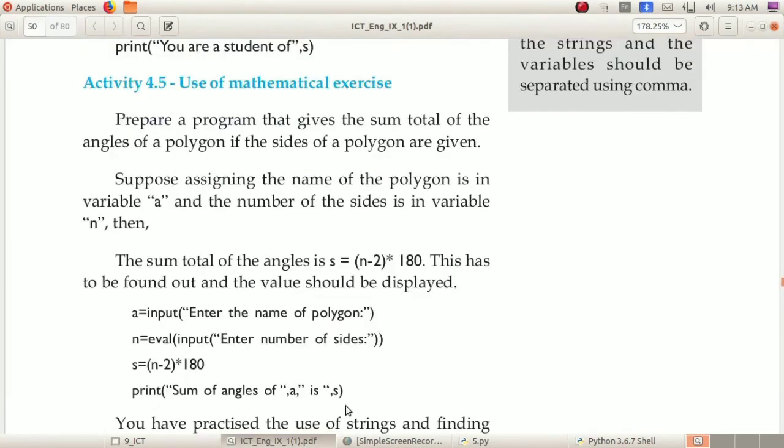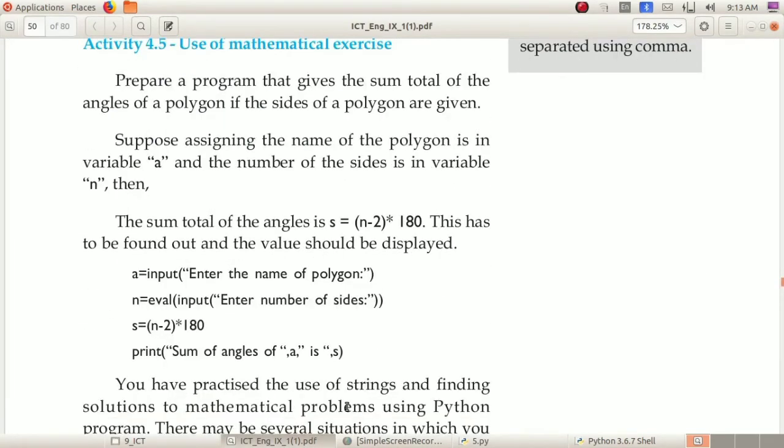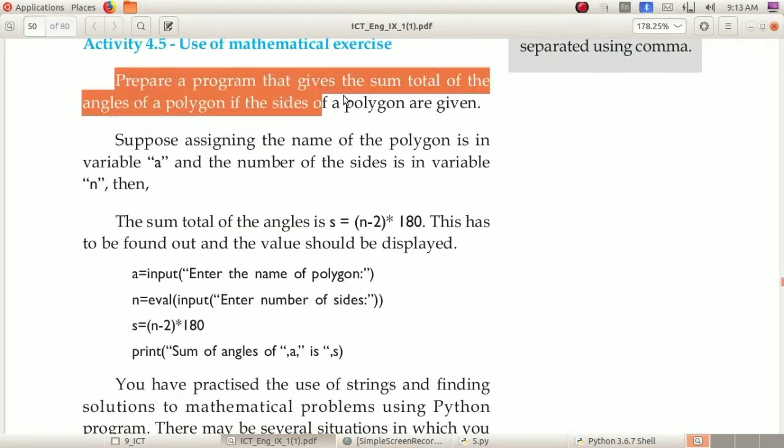Next, activity 4.5, use of mathematical exercise. Here, you want to prepare a program that gives the sum total of the angles of a polygon if the sides of a polygon are given. You already know that any geometrical figure having more than two sides we can call a polygon, isn't it?